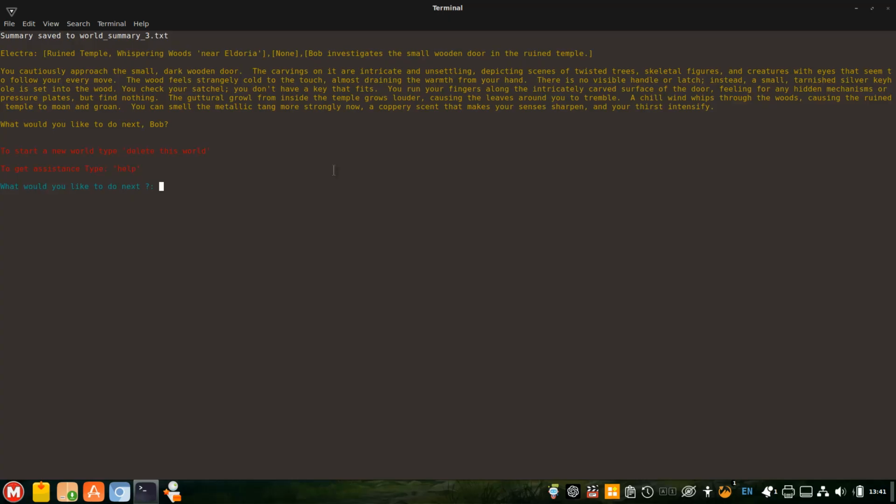There's no visible handle or latch. Instead, a small tarnished silver keyhole is set into the wood. You check your satchel. You don't have a key that fits. You run your fingers along the intricate carved surface of the door, feeling for any hidden mechanism or pressure plates,